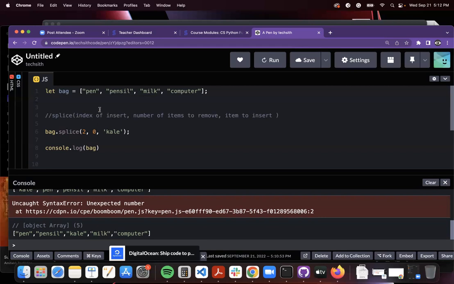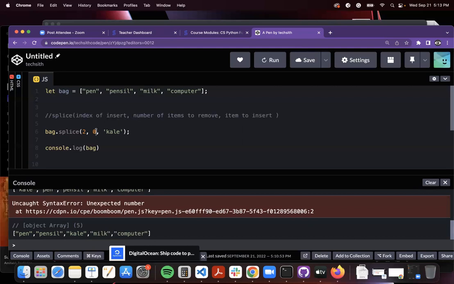Okay. Right. So this is 0, this is 1, and this is 2. So basically I want to insert, remove milk, not a remove in the sense, move the milk on the side. It's like cutting in the line, right? So if I say second index, which means milk has to move to the right, and then computer would have to move as well. So think of splice as like you invented a machine that is really good at inserting things inside the bag, right? You just tell it, I want to insert at number 2 index, kale,